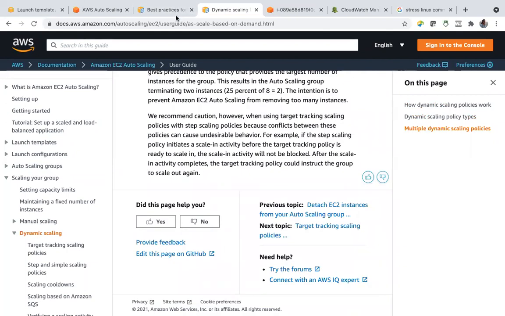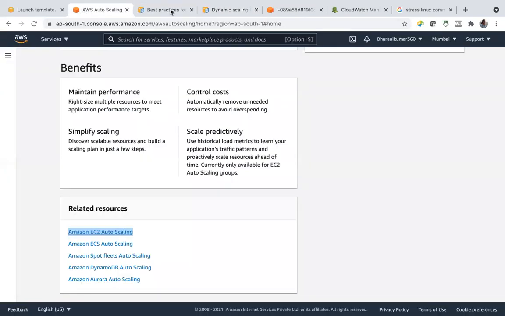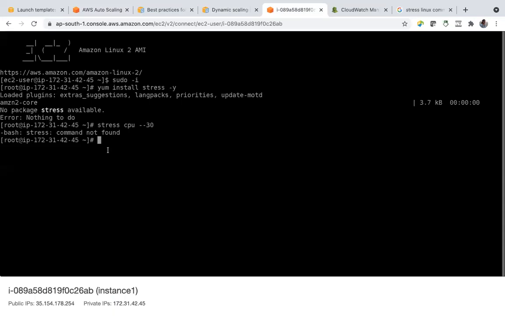Let's try. I don't remember the exact command. I think stress, you have to say CPU. Let's say 70 something. Uptime.